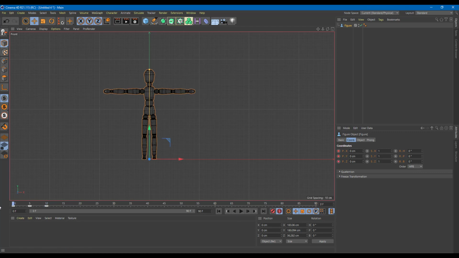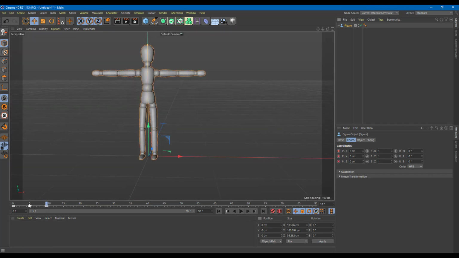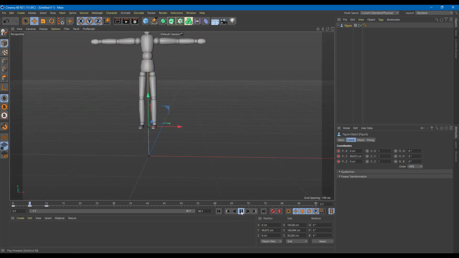So you have an animation right there. Let me turn off the auto keyframe right here. That's the jump animation. So this is how the animation looks now. So let's say we want to keep it